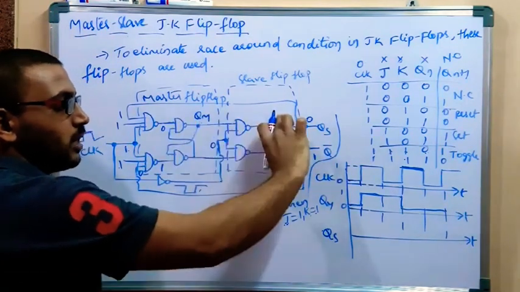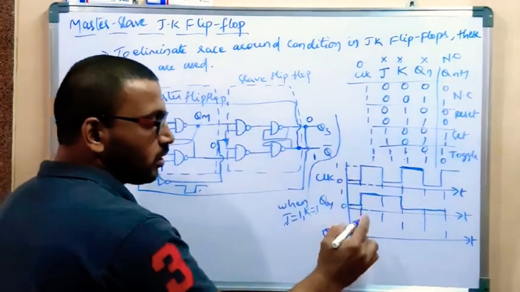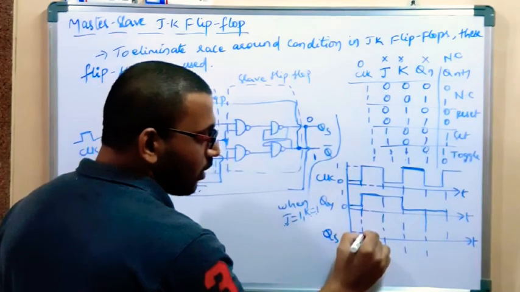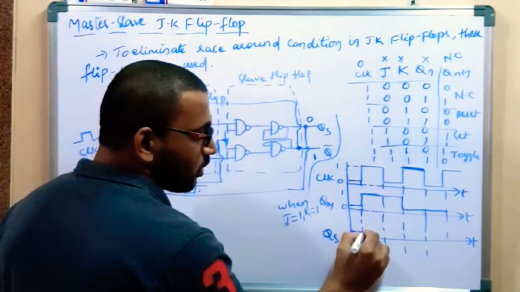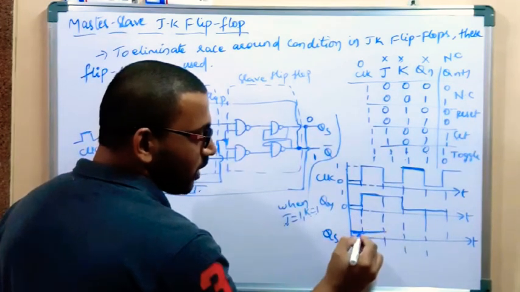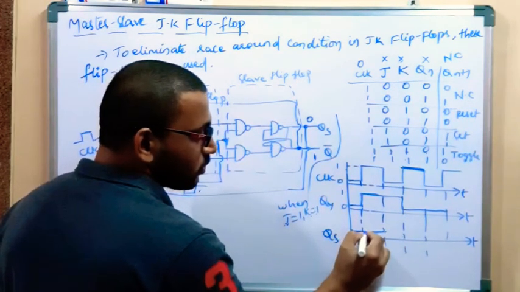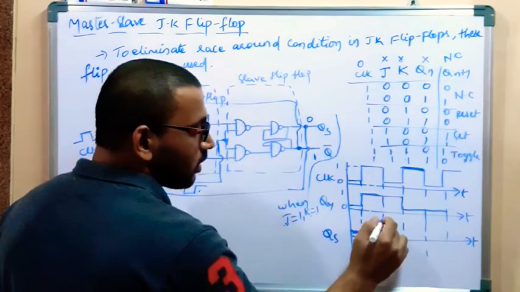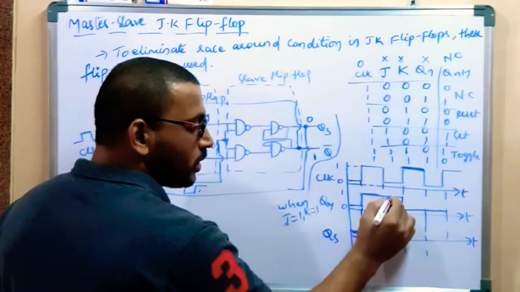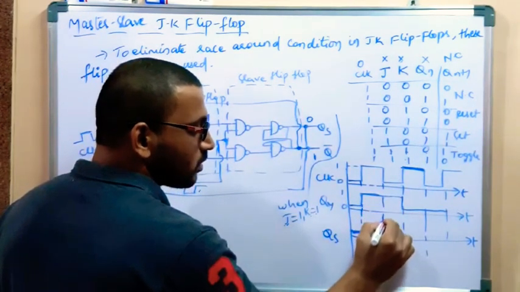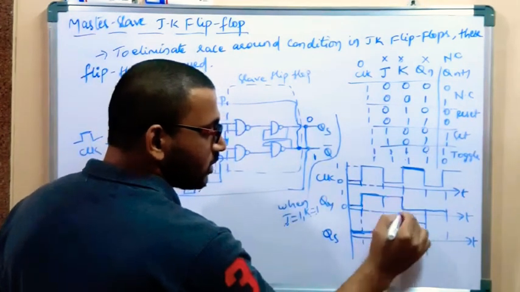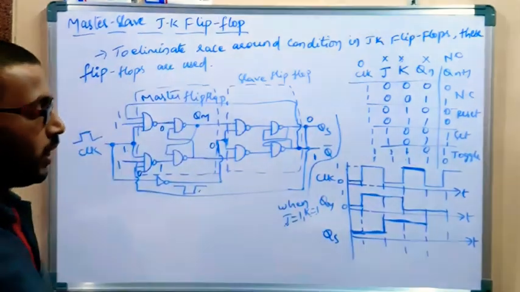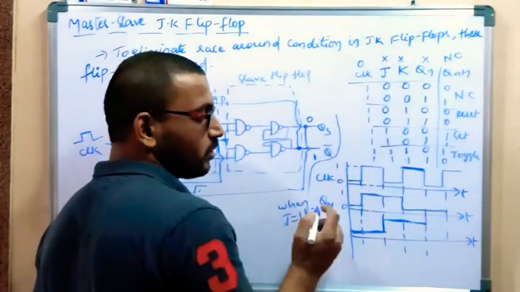Slave copies the master. This is the master output. Up to here, this is the master output. Slave copies the master. The master output previous state is 0. So slave copies the master output. Next, here the master output now is 1. What the slave does? Slave copies the master up to when, till the negative level arrives, right?